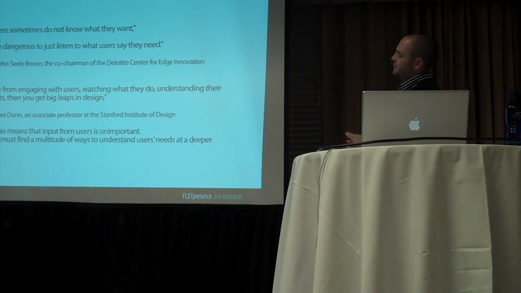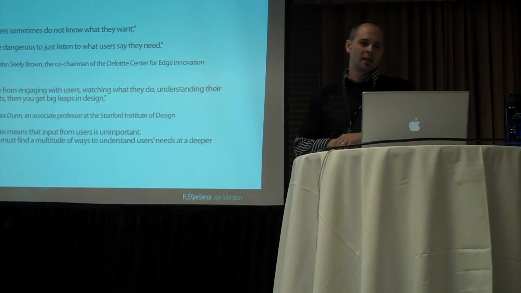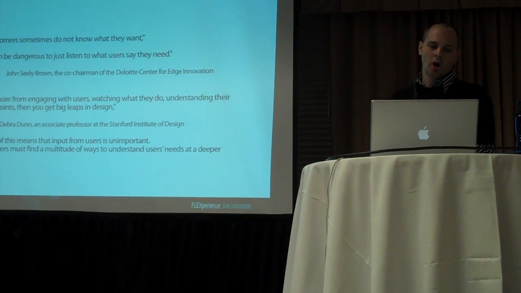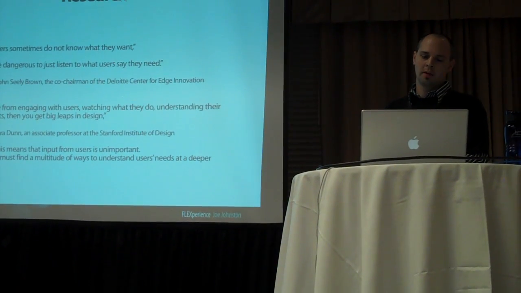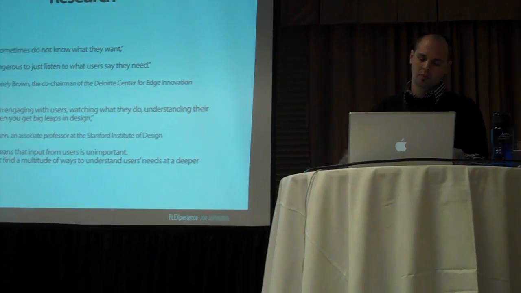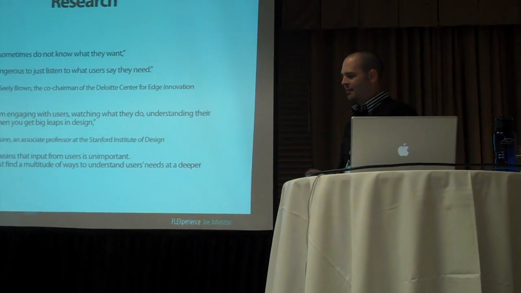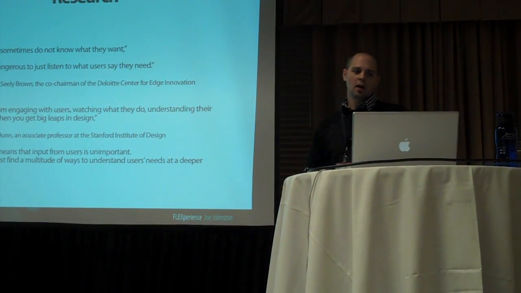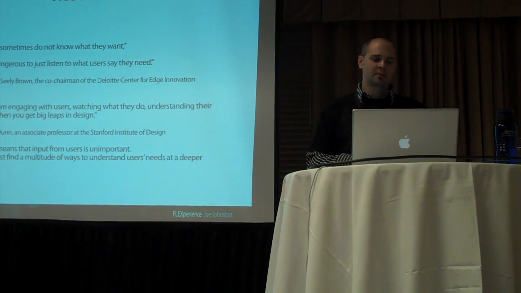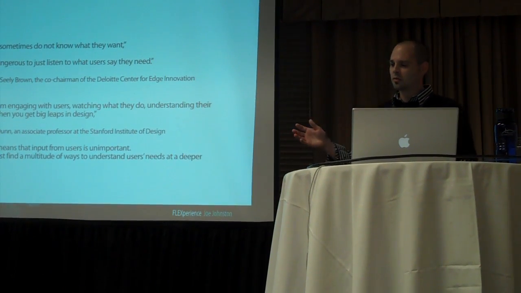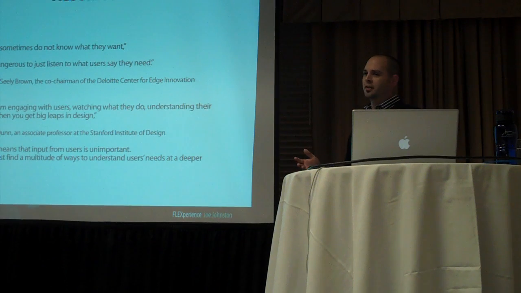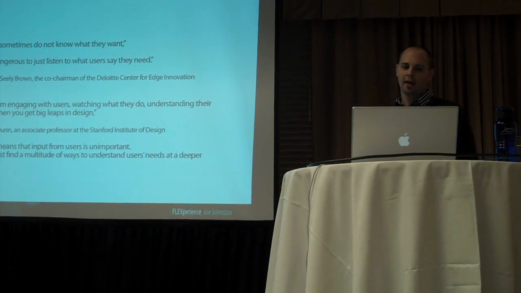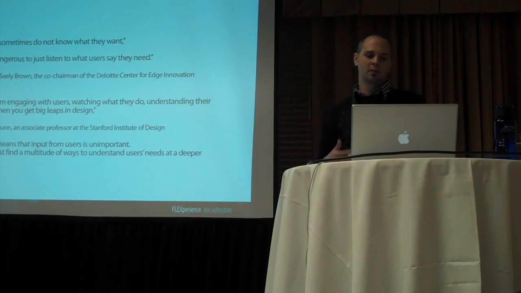So, research. An interesting article came out just recently in the New York Times. This actually happened a while ago, but the article just came out. The top visual designer from Google, I believe his name is Douglas Brown, actually left Google because he felt really constricted by the design constraints Google had. So there was an article, and he said it basically